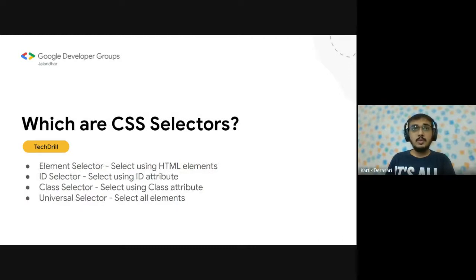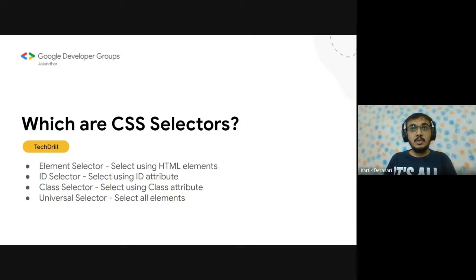So coming down to which are the CSS selectors, we have four different types: element selector, ID selector, class selector, and universal selector. The proper understanding of CSS selectors is very essential to write CSS code.